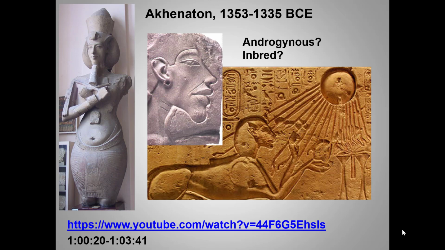Texts in Amarna tombs describe the god Aten as mother and father of us all, and some scholars think that for this reason Akhenaten chose to have himself portrayed as having both male and female features. That's what the term androgynous means, and it's a good word to add to your vocabulary. Other scholars speculate that these statues captured aspects of Akhenaten's real appearance, and even reflect deformities stemming from too much inbreeding. Indeed, a mummy has been identified that may be Akhenaten. It has a long skull and an elongated chin.